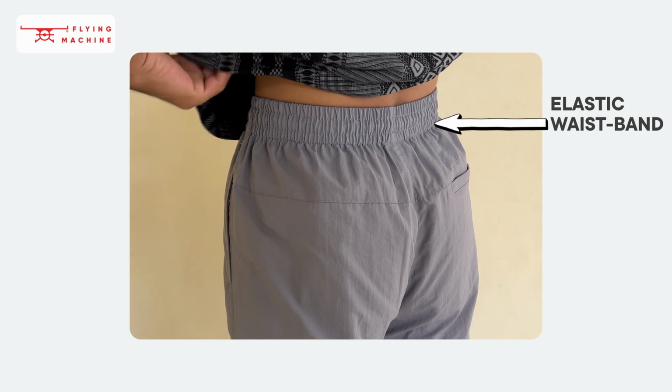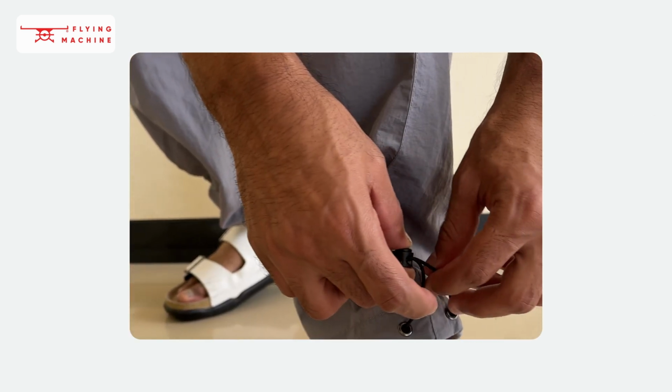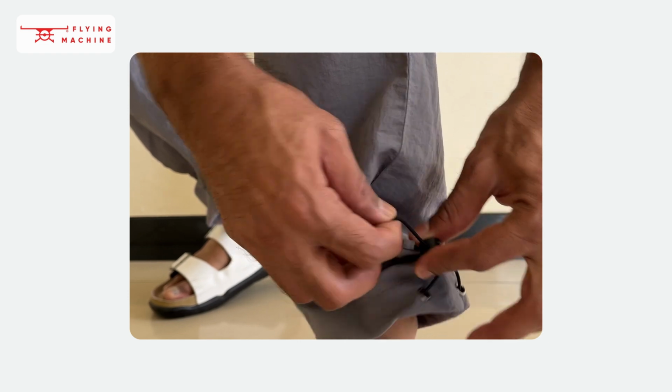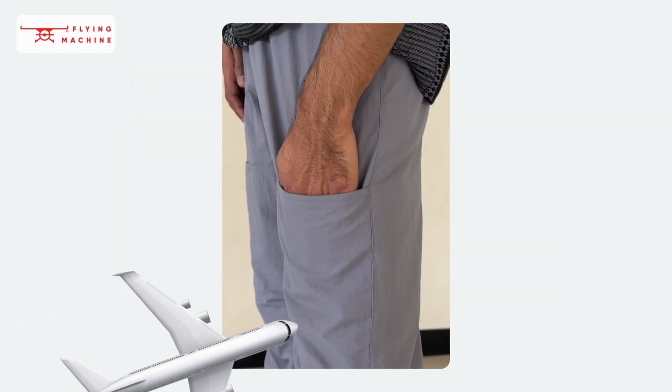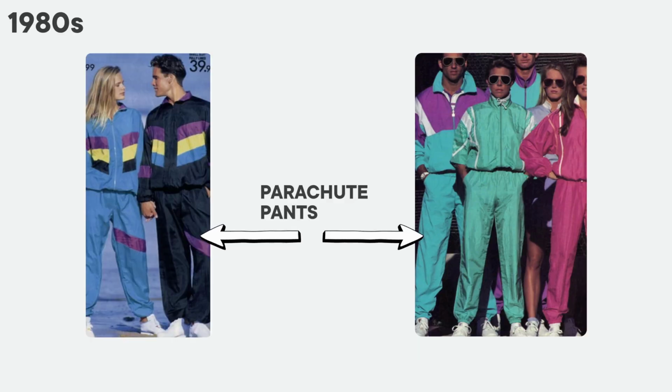It's got an elastic waistband for maximum comfort. And if you don't like the bottom to be loose, you can even tighten it. They've given that option. It can be used for traveling or just on a weekend. This kind of loose cargo is called parachute pants, which isn't new, but was actually a fad in the 1980s